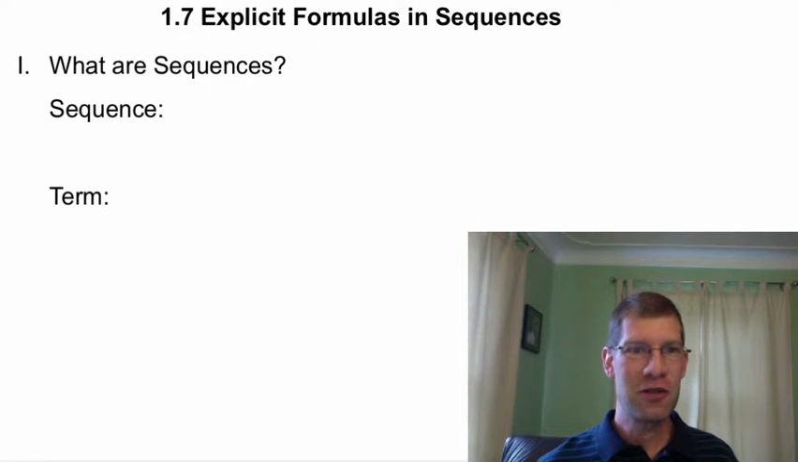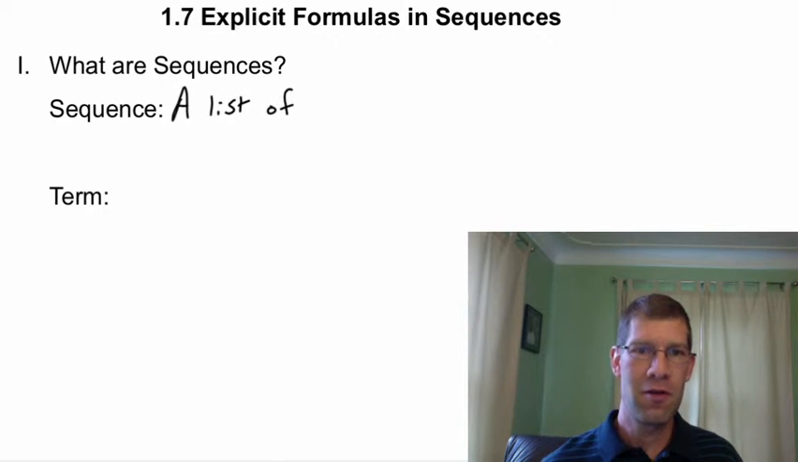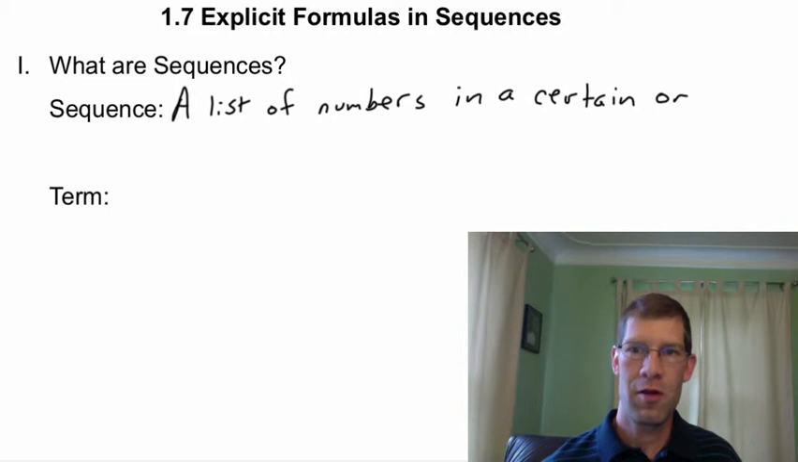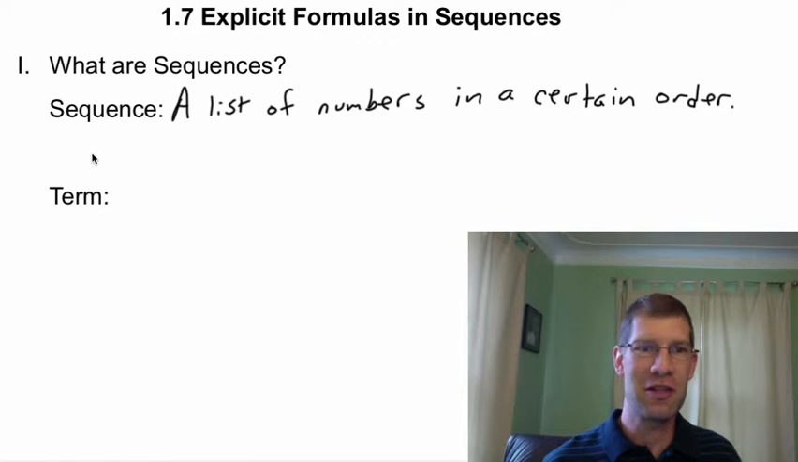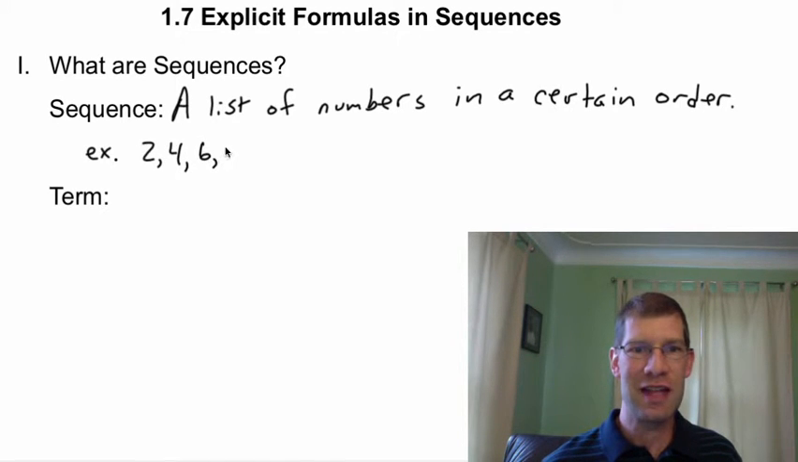So first thing I have in the notes is just really what is a sequence? A sequence, very simply, is going to be a list of numbers in a certain order. And there can be all sorts of different formulas or equations or patterns that you could have in sequences. So for example, just a real simple one, maybe it would be something like 2, 4, 6, 8,